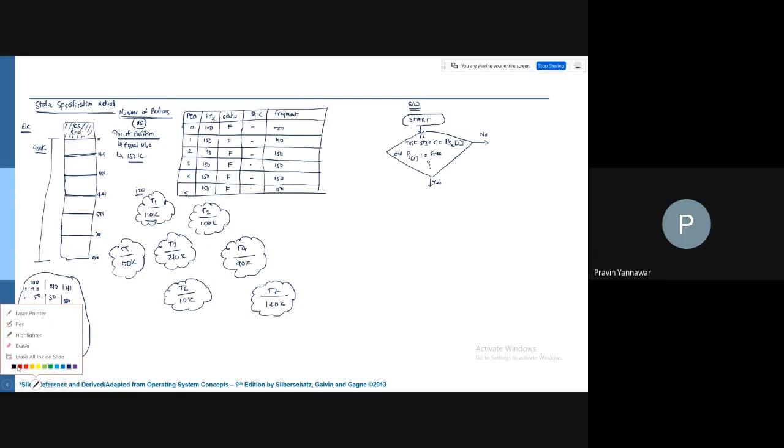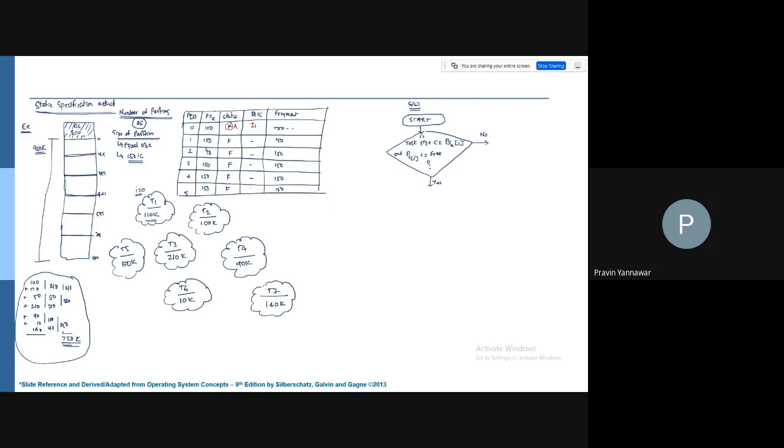If the condition is satisfied here, what is going to be done? The task T1 is getting allocated here. Instead of the status free, it is allocated, and the fragment is calculated as 150k minus the size of the task.